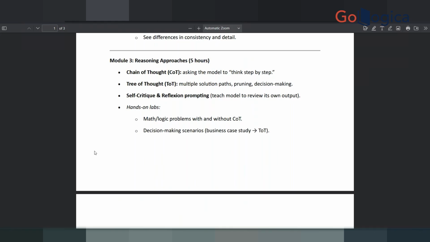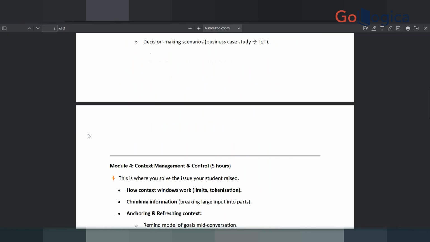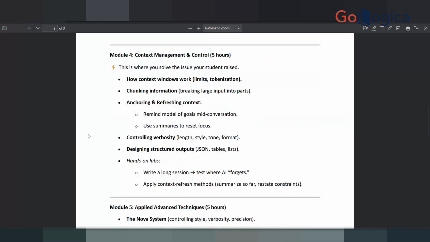Then we go from self-critique to reflection prompting, where we will teach the model how to give us the response, and the model will also learn at the same time how to interact with you. So it gets a good idea of what kind of things you like, basically your whole persona, and then it will start giving you proper responses as we go ahead. So that is self-critique. All these modules are followed by some hands-on lab.